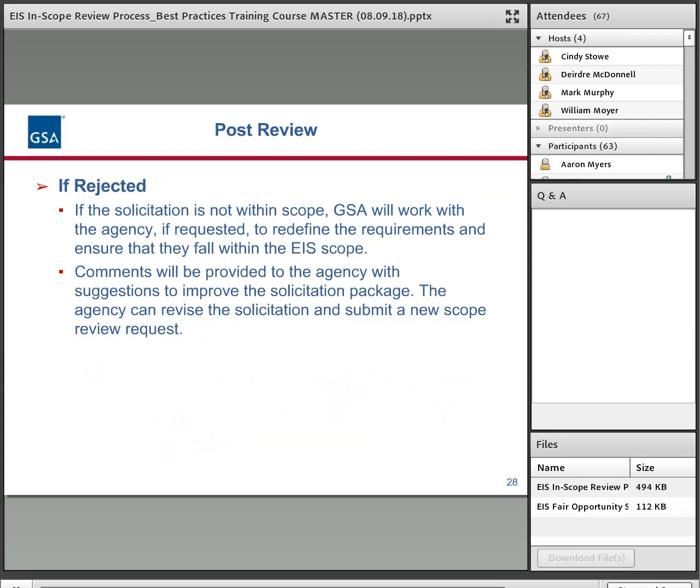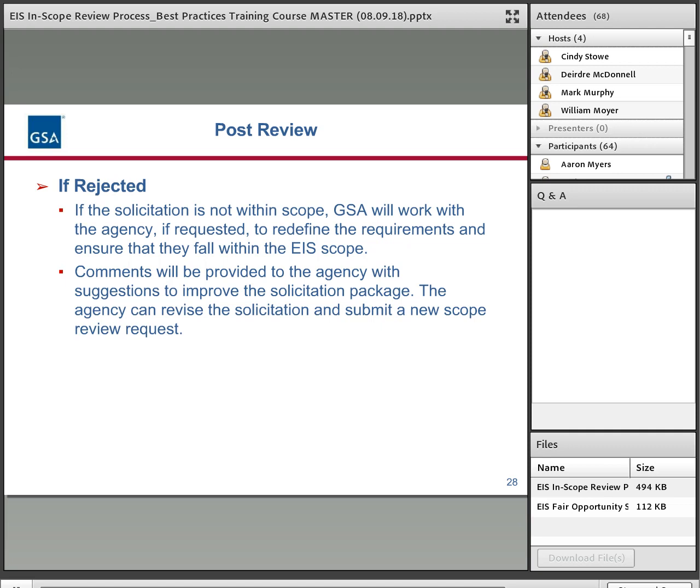Next. So if it is rejected, don't panic. In the solicitation, we will provide our comments as to why we believe it's not in scope. There will be a meeting coordinated with the AM and us to discuss any of the issues.